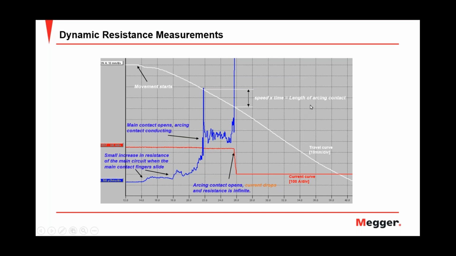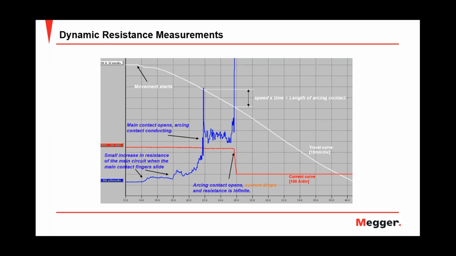And that full analysis, the calculation of the length of the arcing contact, will allow us to compare it with manufacturing data. So keeping it simple, you can have a reference value in milliseconds, but a full analysis where the DRM will use the motion results can give you a calculation of the arcing contact in